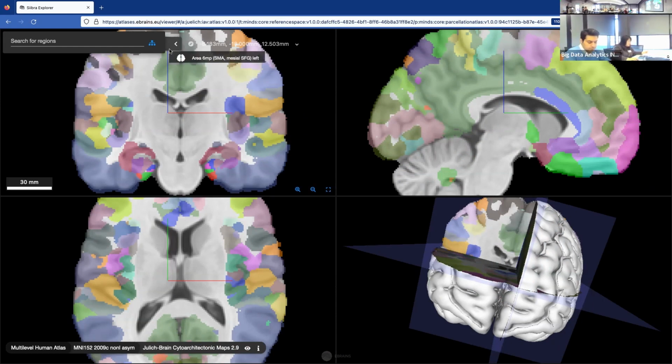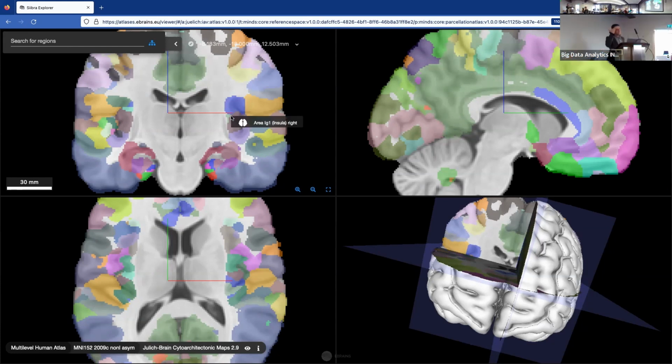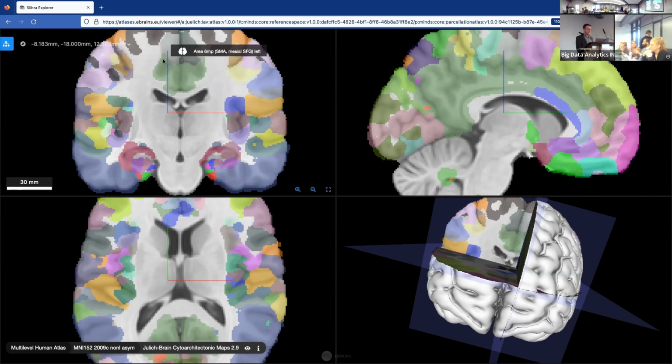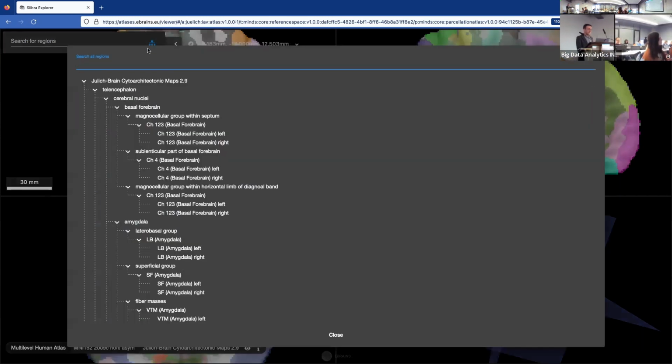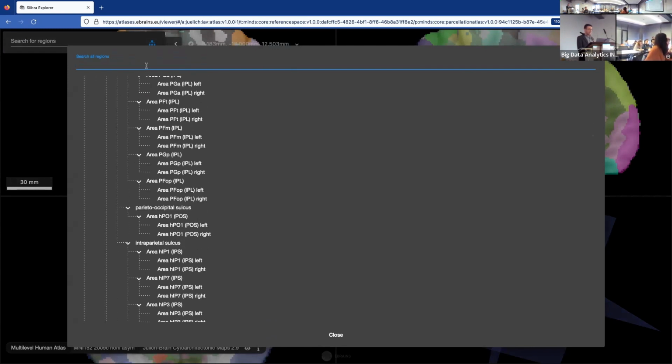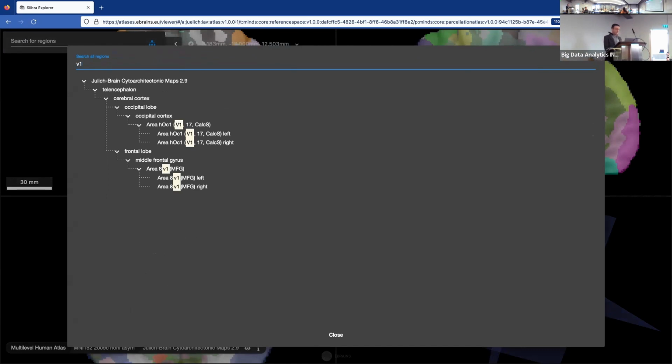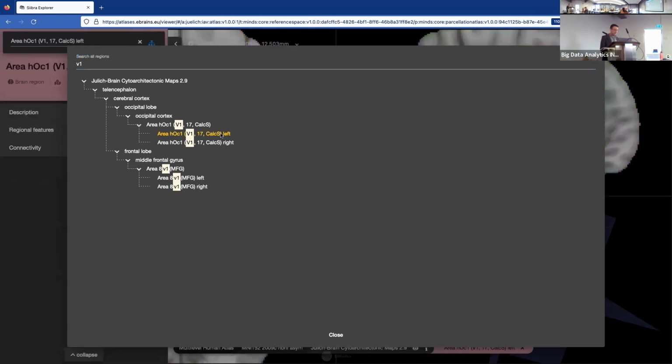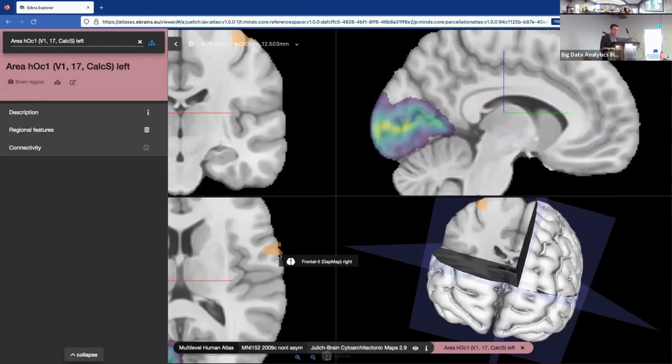We were trying to get some intuition. So here in the viewer, we see one parcellation now in the MNI space. And this parcellation gives rise to a set of structures. And these structures, you can find them here in the top left. There's a little icon here, and if you click on that icon, you can actually see the hierarchical tree of the brain structures, and you can search through them. For example, I can search for V1, and then I see here where V1 is mapped and how V1 is called in this section. And I can click on one of the structures, and what then happens is that the system